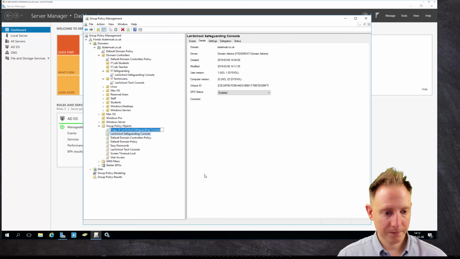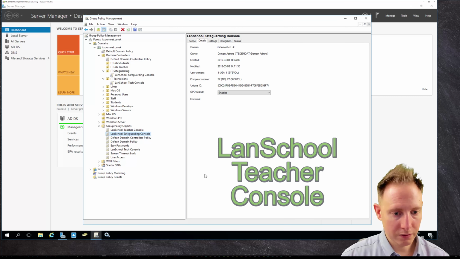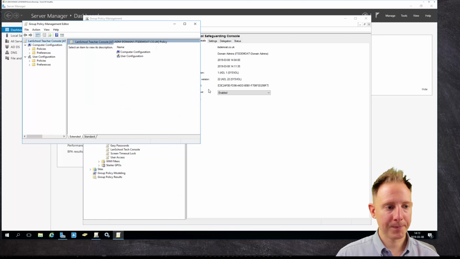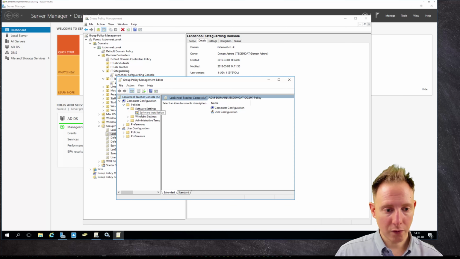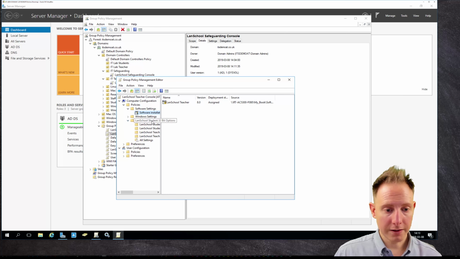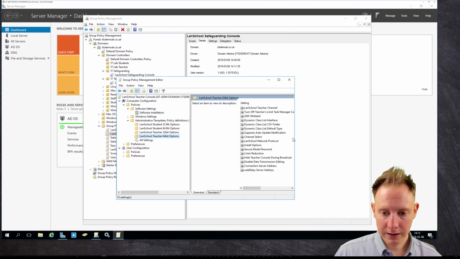Now rename it. Give it a really funky name like LanSchool Teacher Console. And then right click and we're going to edit that. So we've done this twice already now. The MSI under software settings is the same, so it doesn't need to be changed. Under the administrative template, we want to just find the settings we set earlier on the last video, which is